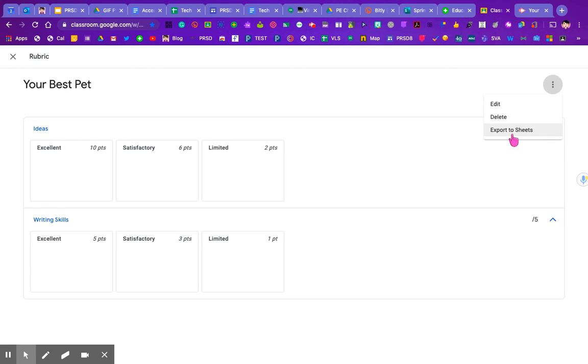If this was a rubric that I intended to use often, I can come back and edit it as well. And I can also pick it up, even without exporting it to Sheets, I can reuse a rubric from this spot. So that is how to